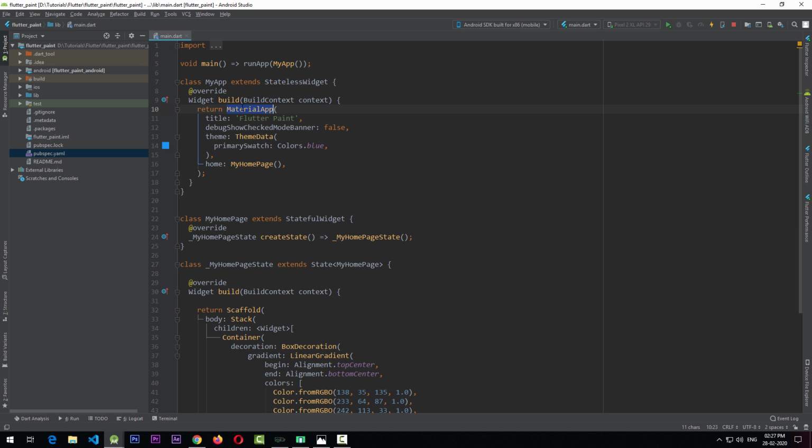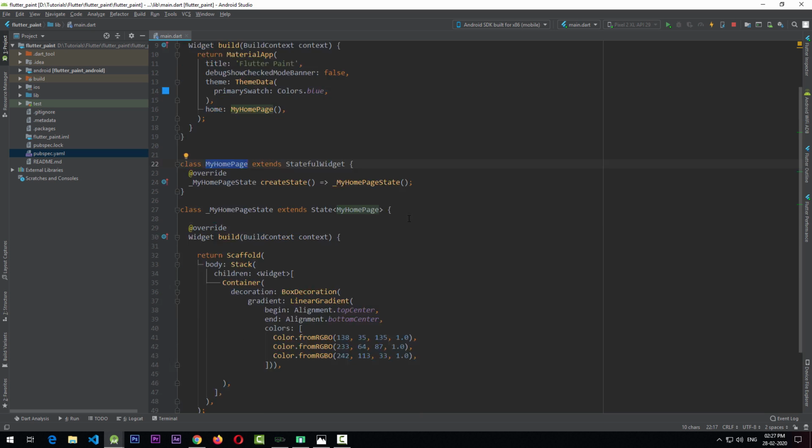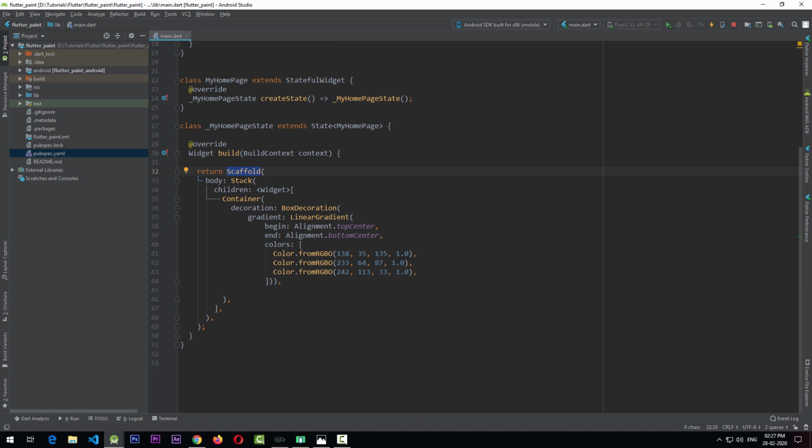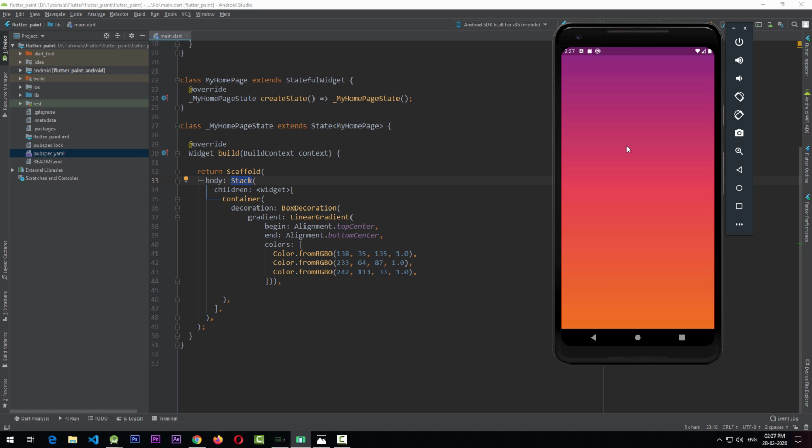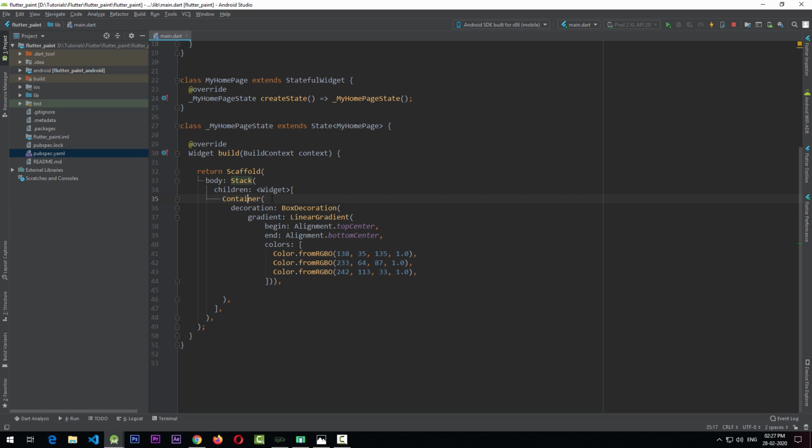Okay, so right now I'm in a simple Flutter app which is having this My App widget, which contains a material app, and this material app is having a home screen of my home page. So this My Home Page is a stateful widget which contains a scaffold, which further contains a stack as the body and a container. So the reason for having a stack as the body of the scaffold is just to have this background gradient in the scaffold, and this gradient comes from the container, which is the first child of the stack widget. And this container is having a decoration, which is a box decoration, which is further having a gradient of a type a linear gradient,